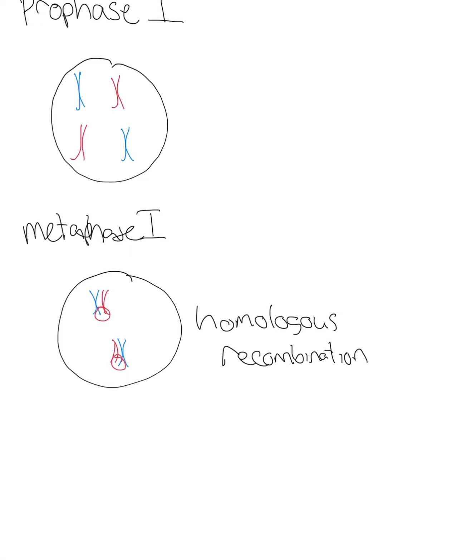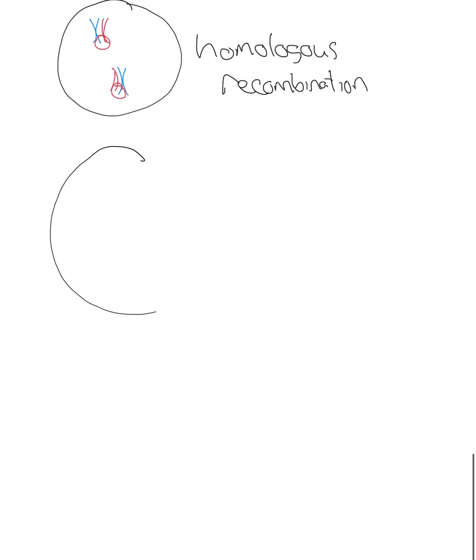So it's going to look like this, where you have on the end of this chromosome a piece of the other chromosome, and on the end of this chromosome you're going to have a piece of the other chromosome, and the same for these two here. And so they stay together,